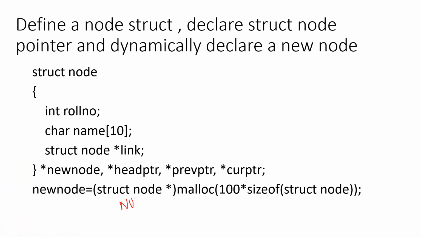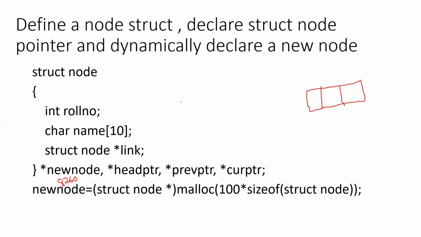There is no free memory. There is an underflow condition, right? So in case it is returning null to new node pointer, that means that it is not allocated. It is not successful. If it is returning the address of a number like 8206 or some number to new node pointer, then it is successfully allocated memory. Got it? So a struct node, a new node is created and it is allocated a memory, and we are ready to get the data part and the link part for the new node.